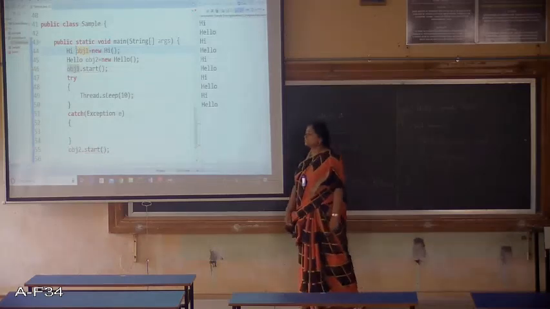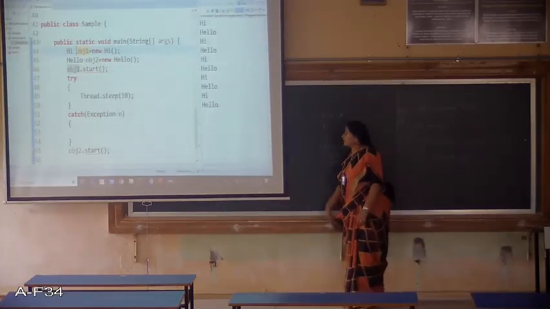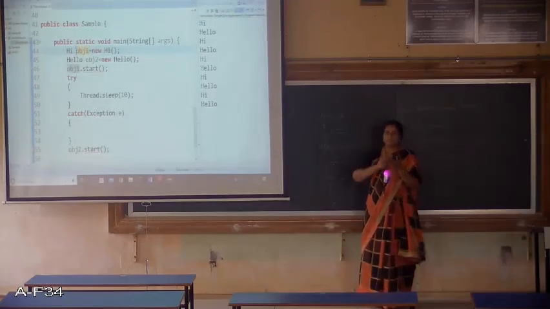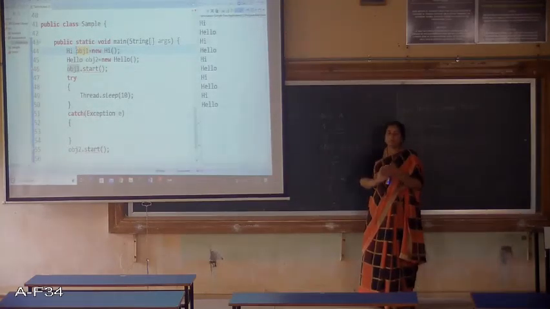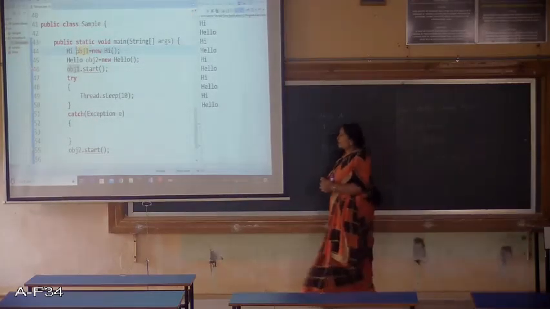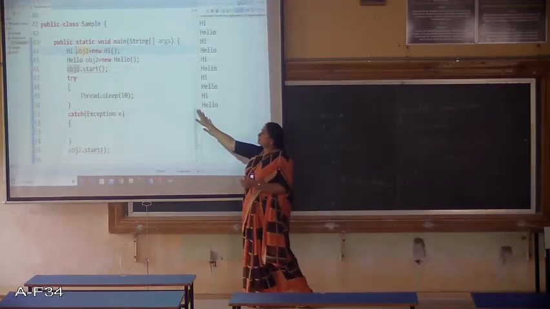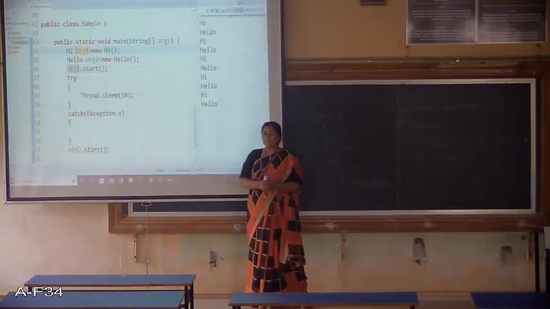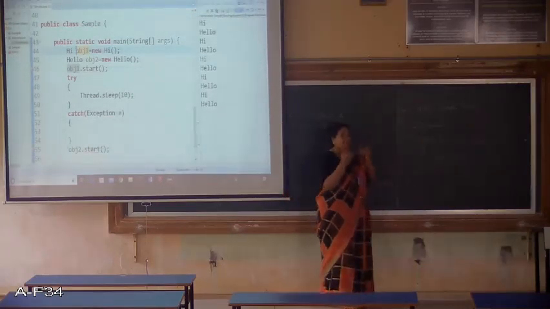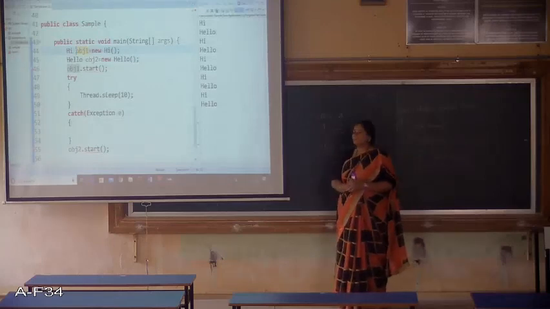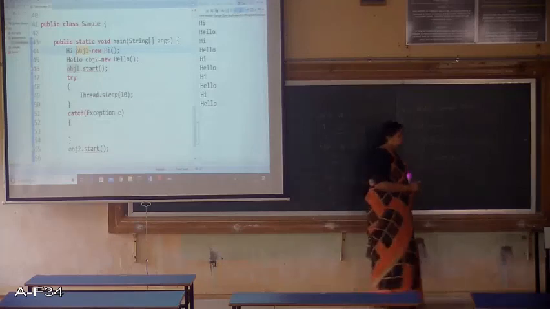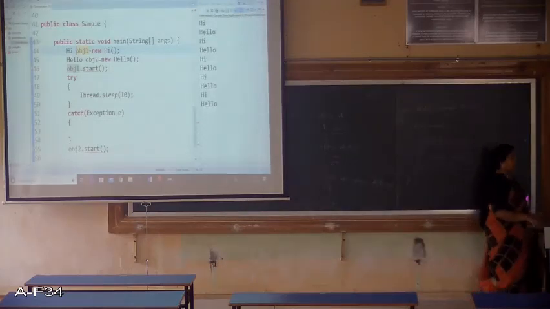The reason is we have removed this part, that is class hi extends thread. Now it is implementing a runnable interface. But the start method is present in the thread class. That means we need to have the thread class's objects to call the start method. That means we need to create two threads here using the thread class.